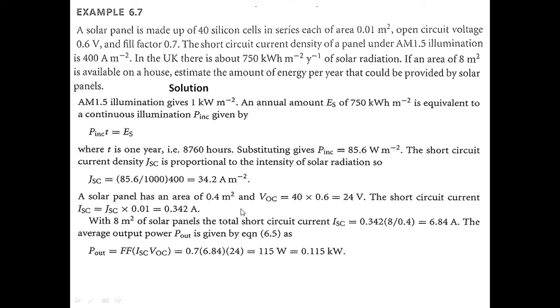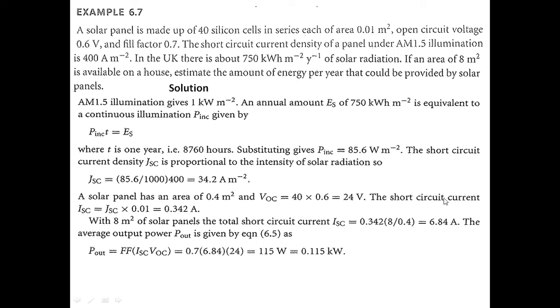Or you can also find out that to cover my 8 meter square with 0.4, I will be able to fit about, let's say, 20 panels. So 20 panels will be required to cover my 8 meter square of area, and these 20 panels will be connected in parallel, so the current that I will be producing will be adding up the single panel currents. If I just multiply this by 20, I will again get this value. So it's one and the same thing.